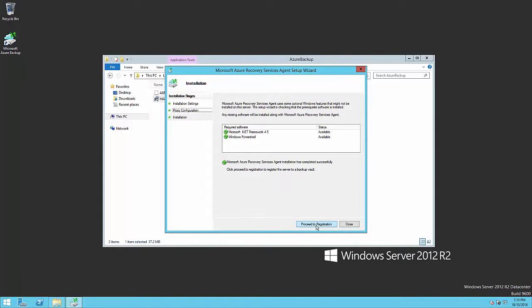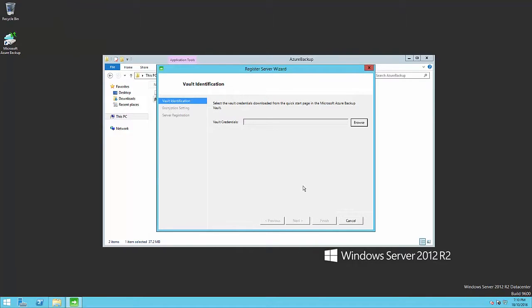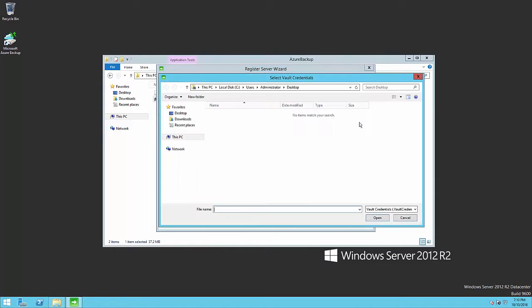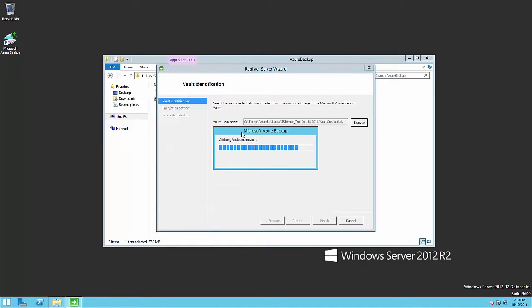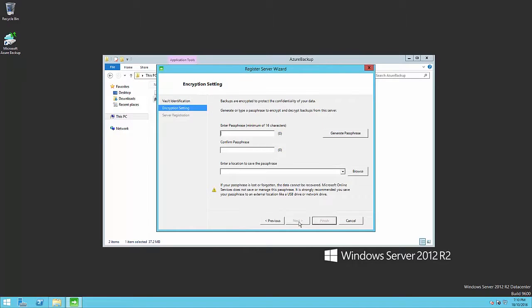After the installation is completed, we can now proceed to the server registration, which will establish the secure connection to our Vault in Azure. Here, we specify where the agent can find the Azure Vault key we downloaded earlier. We can validate the Vault information and move to the next step, which is to set up our personal Vault